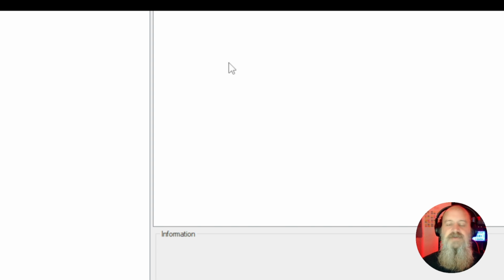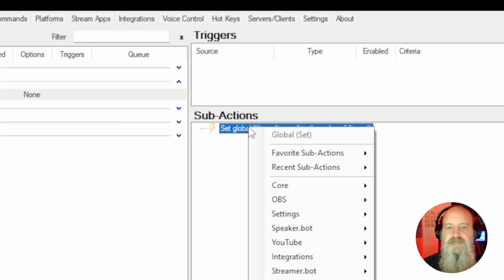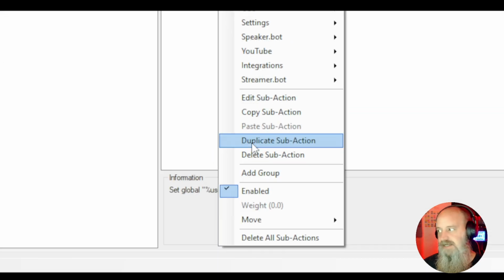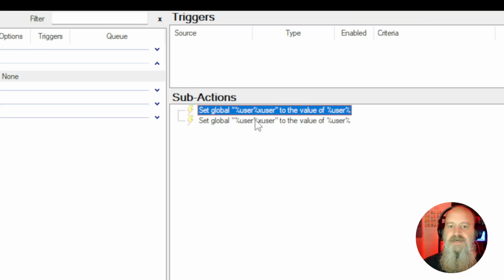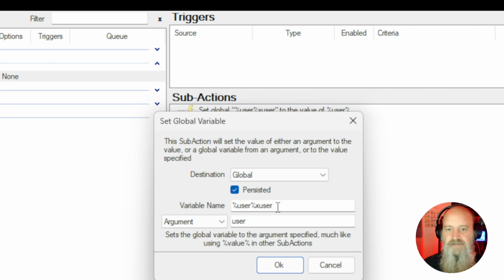Now the fun part with this is we don't have to do all of this all over again. We just need to duplicate. So we're going to right click on that sub action. We're going to come down here and click duplicate sub action. Then we're going to come back up here and double click on the new one. And all we're going to do is add a capital I, lowercase d, ID. Okay, and we're going to do that for both the variable name and the argument, capital I, lowercase d,